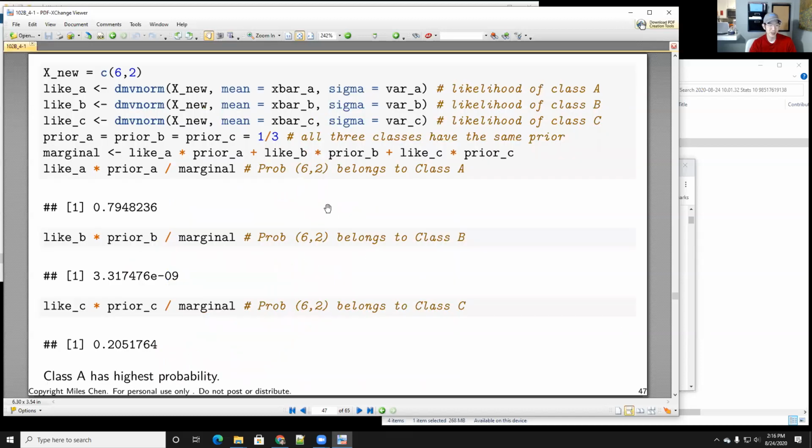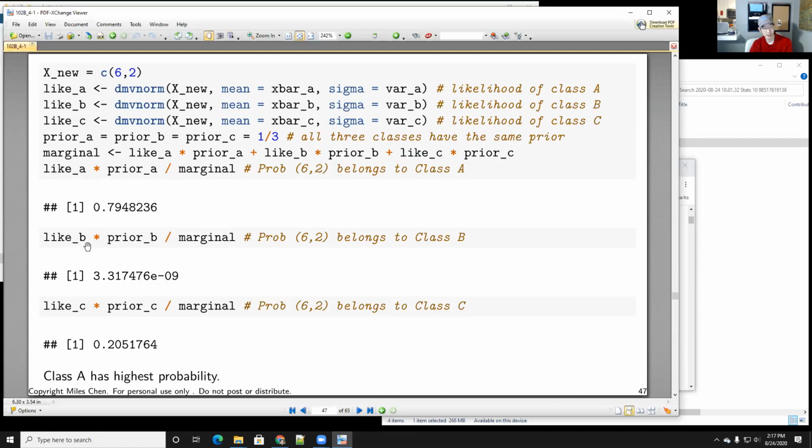So, okay, anyway, here we do the calculations. So our new point is 6,2. This time they all fit on one page, okay? And I just did the likelihoods using the multivariate normal density, okay? So I just say dmvnorm, x, x bar A, variance of A, and so on and so forth. The prior probabilities are all just 1/3, and the marginal is the sum of the likelihood times the prior for each of the 3 different classes. And so the probability that it belongs to class A is the likelihood times the prior divided by the marginal. You get around 79%,